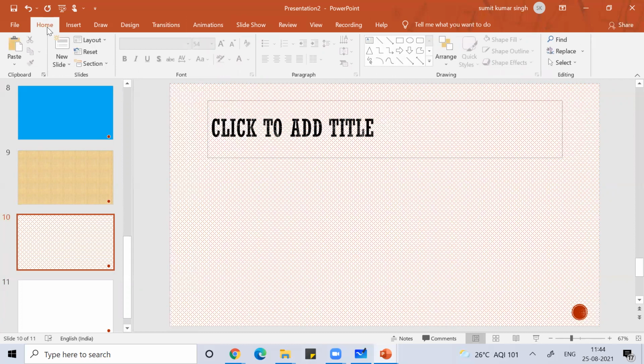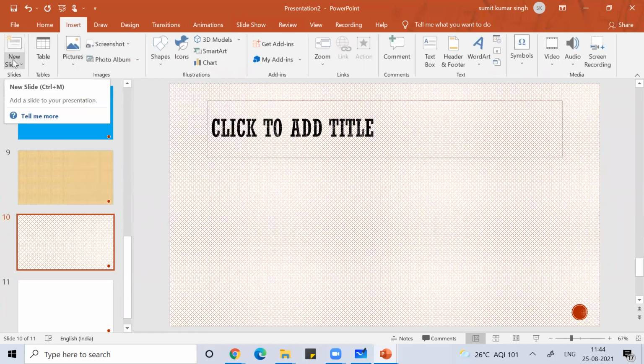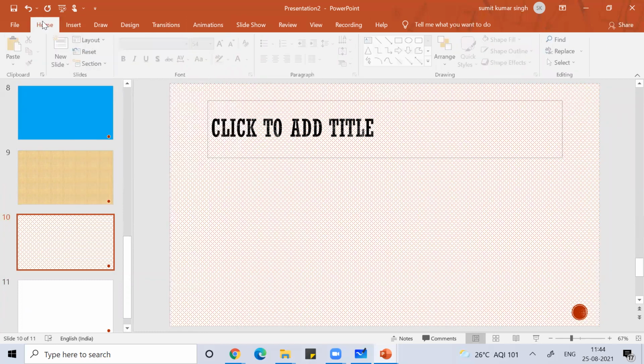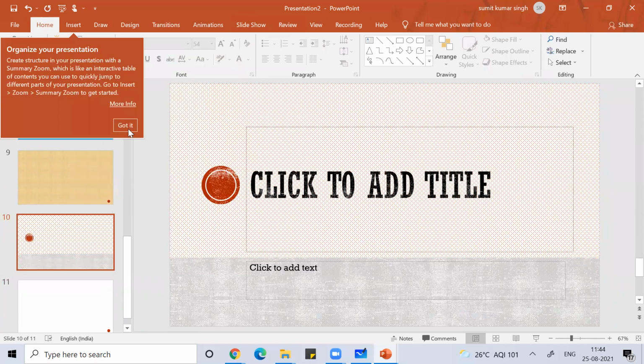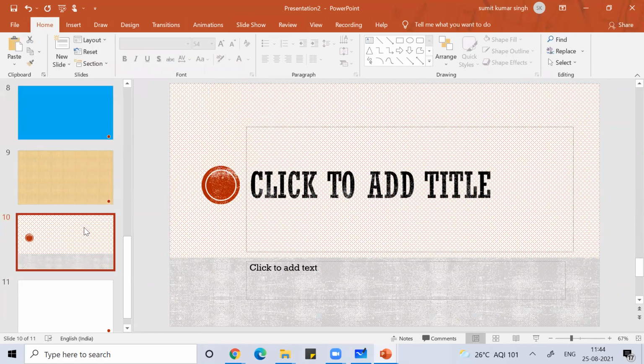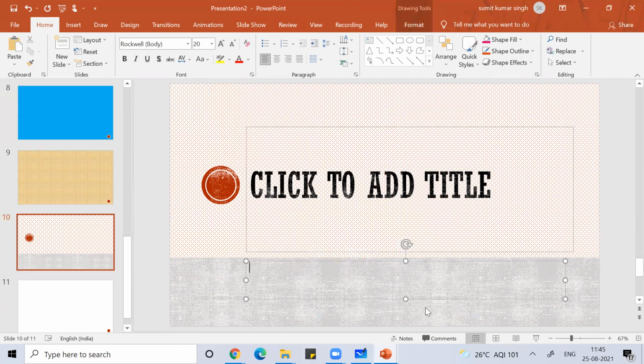When we see these presentations, take the layout. What we did under new slide, under insert, you have new slides. The same thing you can see under home, layout. What kind of layouts do you have? Title, then text only, or a title with a very big space but less text content.